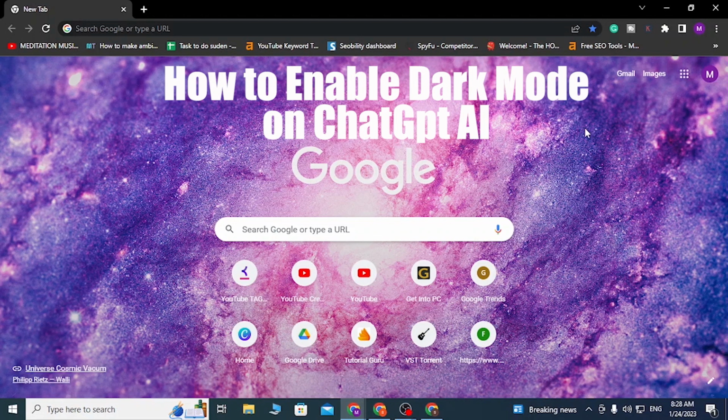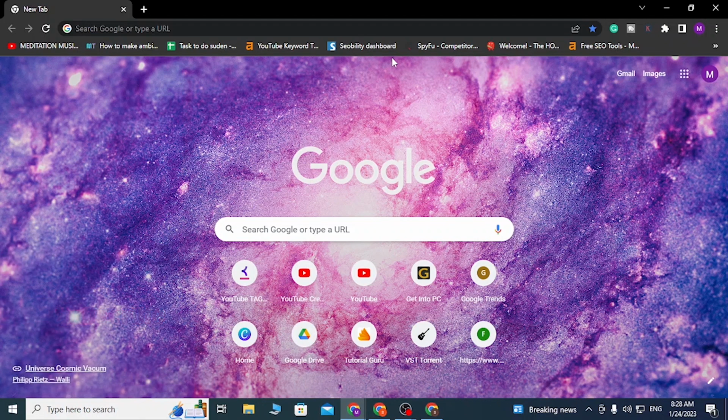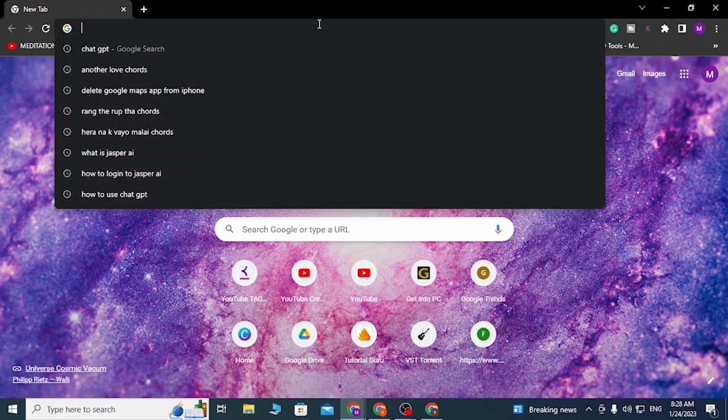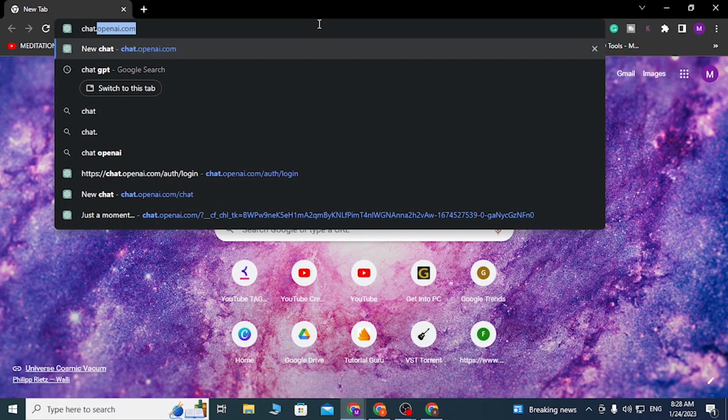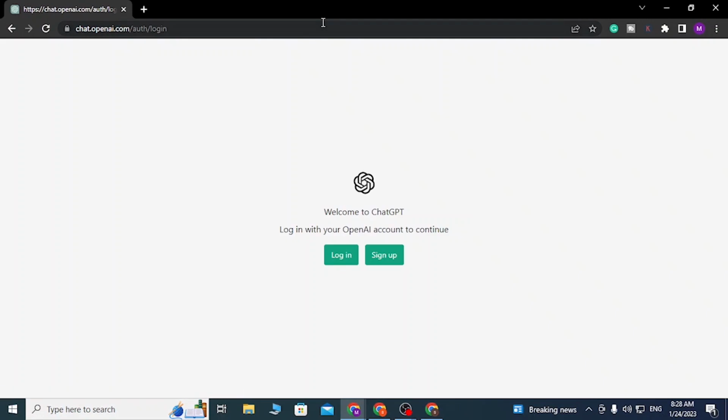Now to enable the dark mode on our Chat GPT, first you will be required to go to the platform. In order to go to Chat GPT, first open up your preferred browser, as I have already opened Google Chrome, and in the search bar click over there and type in chat.openai.com like this and hit enter, and then you'll be directed to this page where you'll be first required